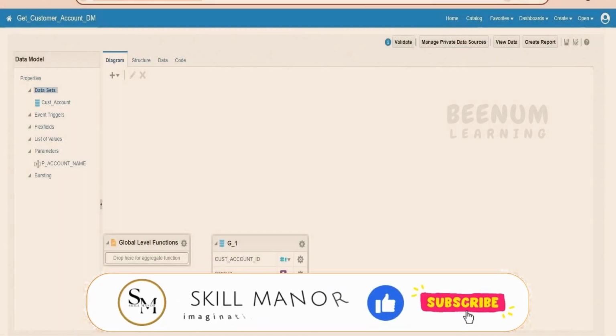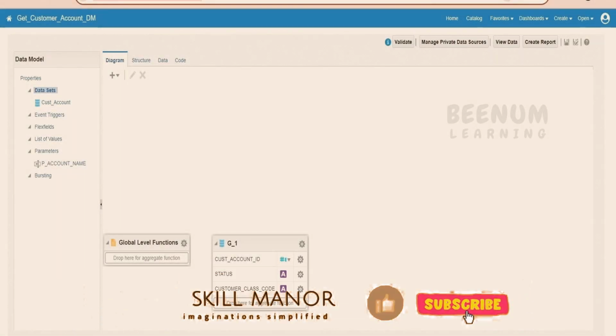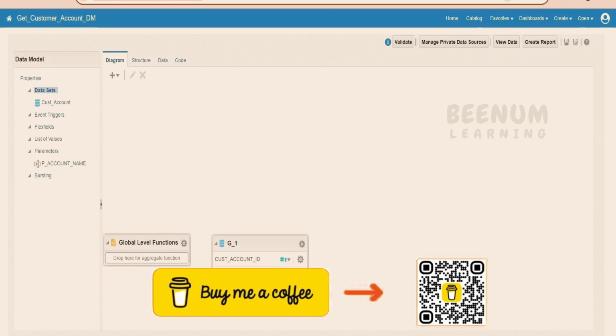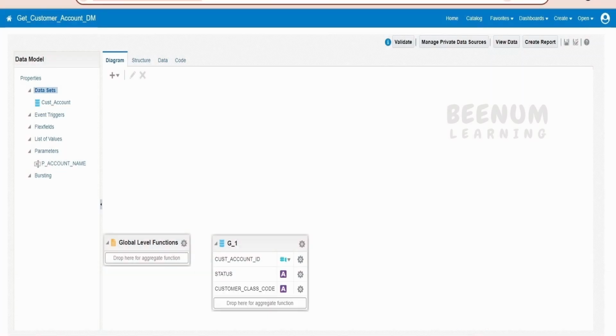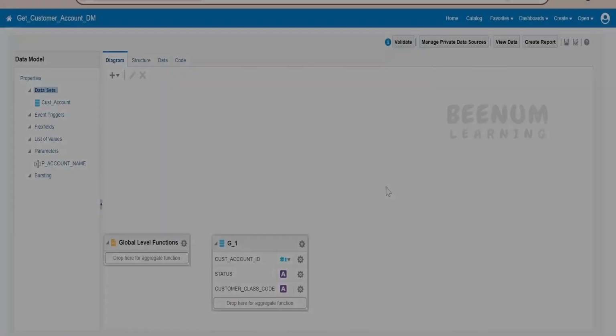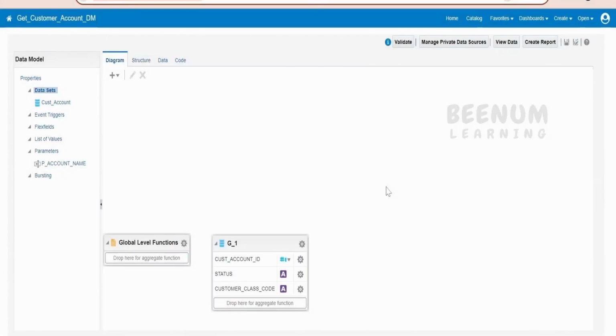Suppose you are wondering how to get the BIP report in PDF format or any other format, if you have multiple output formats in your BIP report template, using the SOAP web service, that is the external report WSS service. Then we are going to learn that in this class. Now before I show the demonstration of how to get the BIP report using the SOAP web service